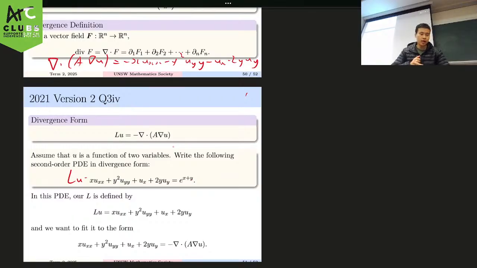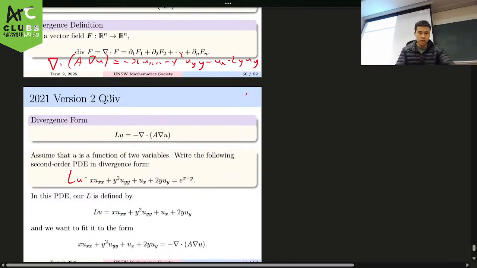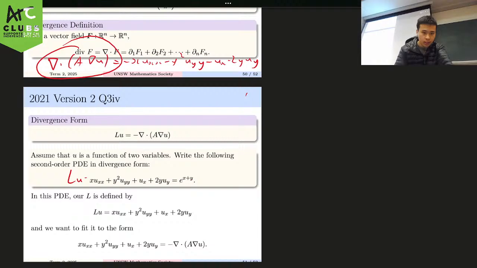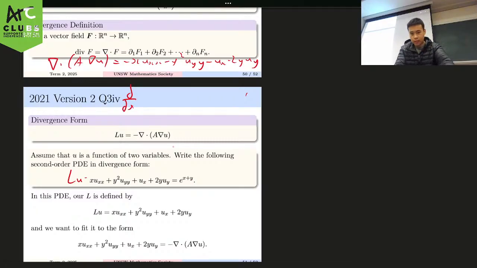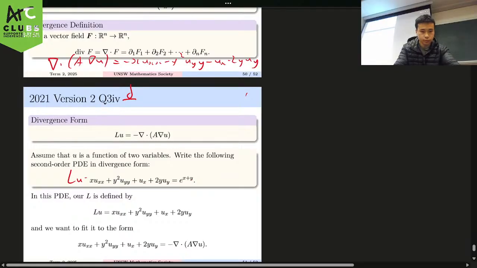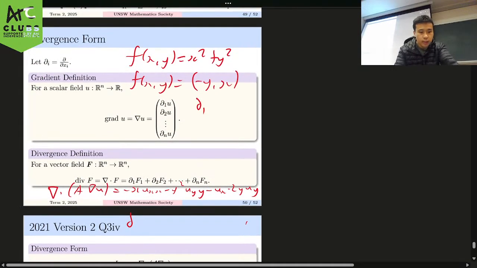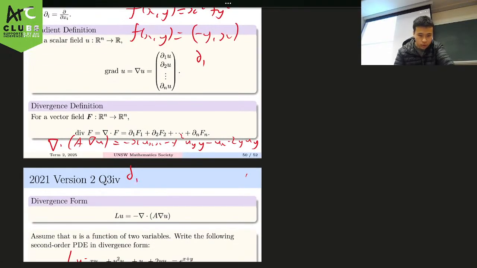But you recall that the nabla dot product with this thing should be a vector field, as stated, f inside is a vector field. So what this is saying on the left is that it's equal to, because we know what the actual components are, the partial with respect to x. I'll just say 1 and 2, where 1 corresponds to x and 2 corresponds to y, partial derivative of